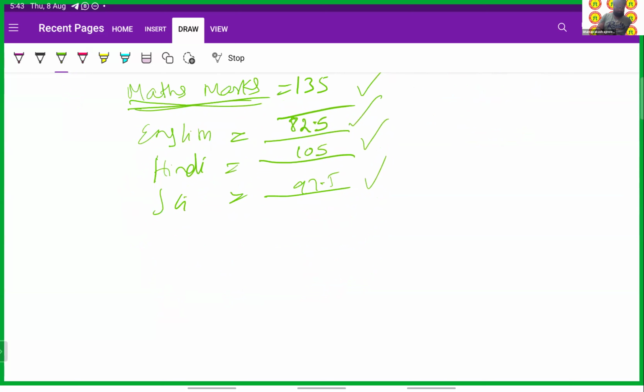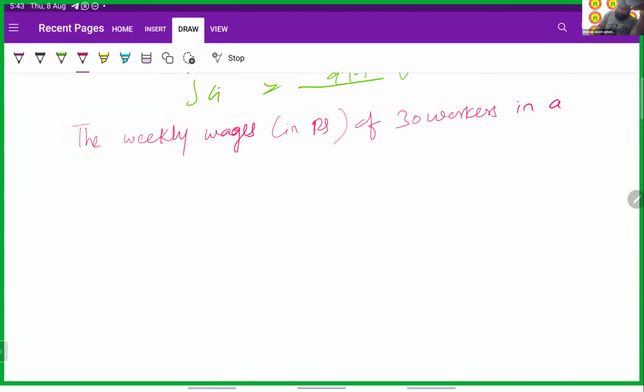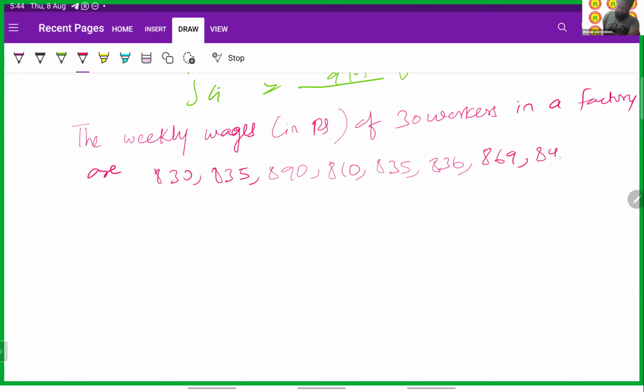So the question here is: the weekly wages in rupees of 30 workers in a factory are 830, 835, 890, 810, 835, 836, 869, 845, 898, 890, 820, 860,